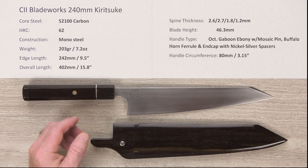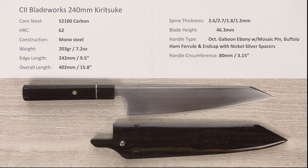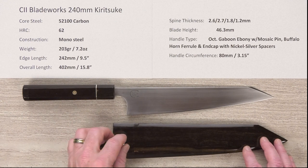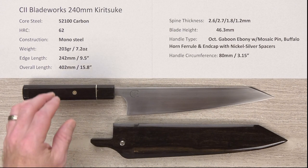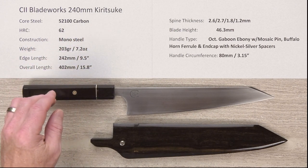So this particular one is the 240 millimeter Kiritsuke. It's a double bevel Kiritsuke, not a single bevel style. It includes an awesome custom fitted saya and a pin as well. We'll talk about that. The steel that he uses is 52100 high carbon reactive steel stock, and he does his